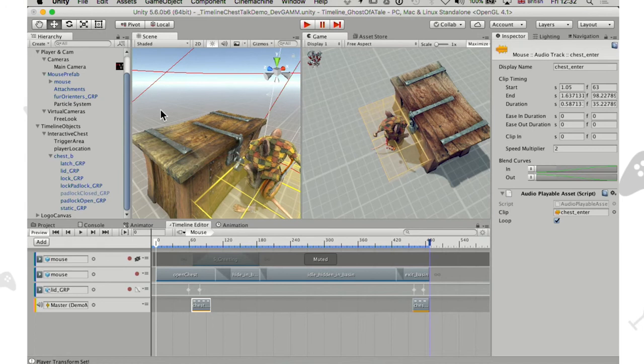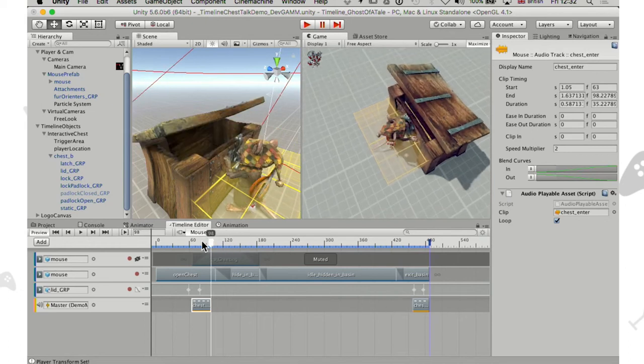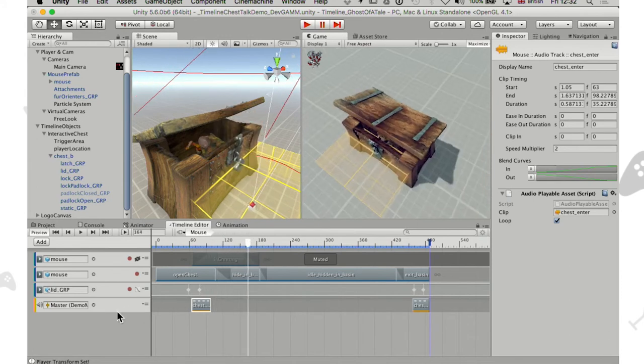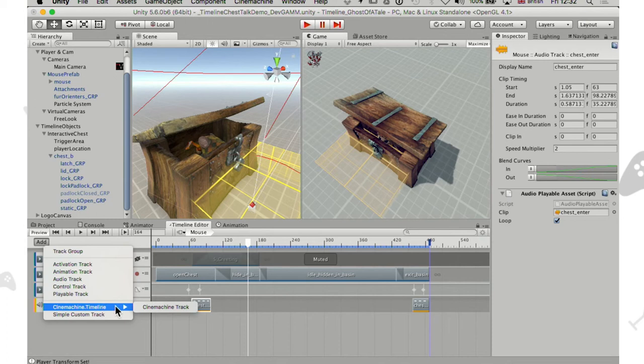I'm using a very low resolution screen, so the interface looks a bit cluttered, but it's better because it's bigger on the projector. So now that I added the sound, I'm going to add the last track. And the last track is basically a Cinemachine track. So it's a custom track that's already been made for you. As you can see, I have